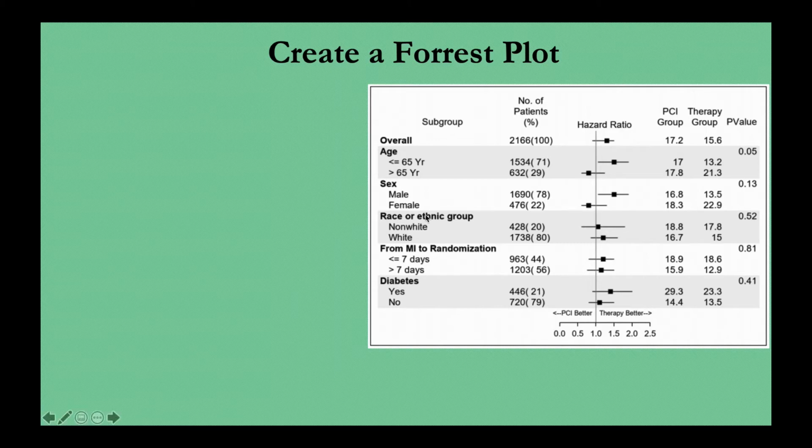You can see there's a subgroup column. They have the number of patients with the numbers. It has a hazard ratio here, and they have different groups and a p-value. They have lots of features like bold text. They have indentation for the different groups. They have